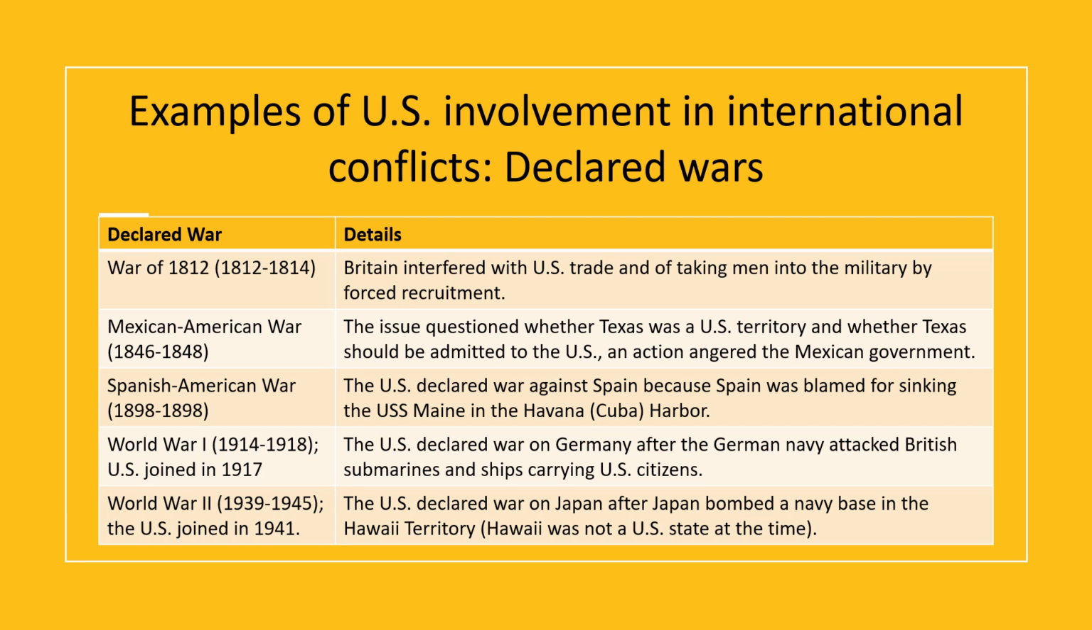World War I was fought from 1914 to 1918. The United States joined World War I. They declared war on Germany to join World War I in 1917. And the United States declared war on Germany after the German Navy attacked British submarines and ships carrying U.S. citizens. Interestingly, World War I was a war that President Woodrow Wilson asked Congress to declare war on Germany, and